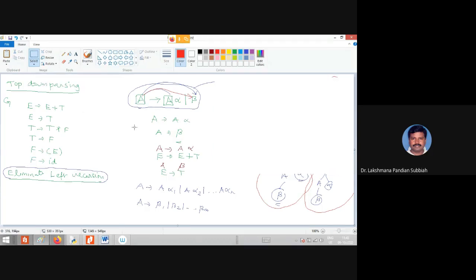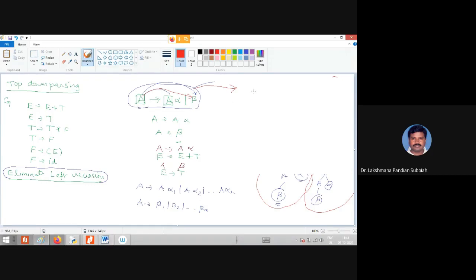Here, now we see this one. In that one, first what we have to do is, you take that one in that form. This is the form we are having now. Now we are going to construct the equivalent grammar.